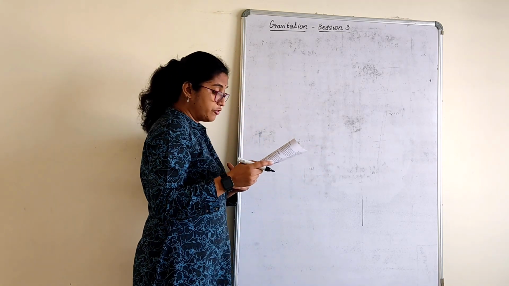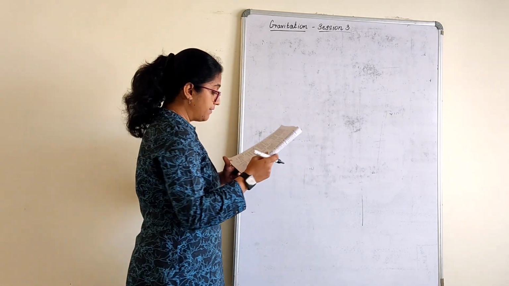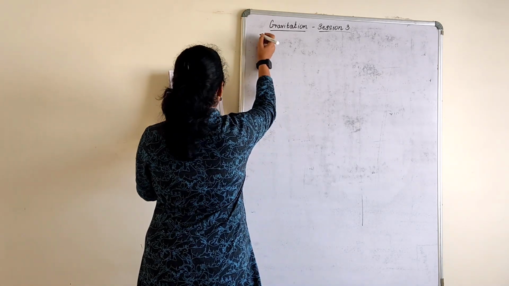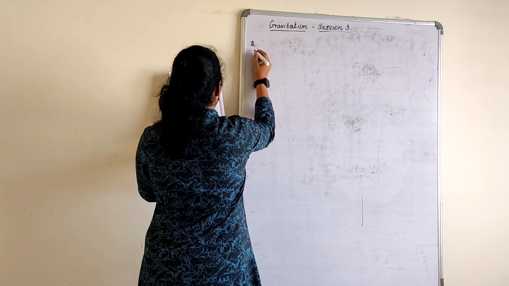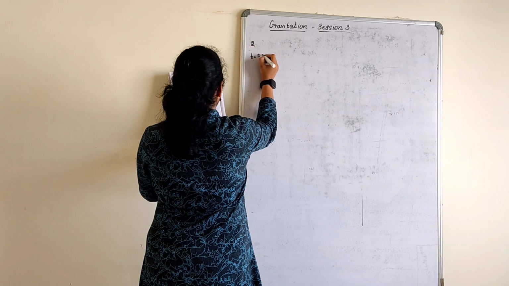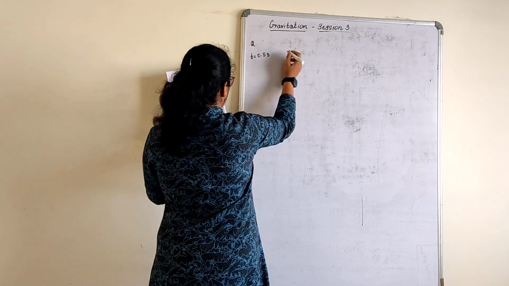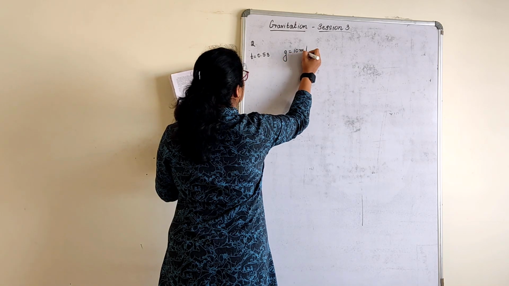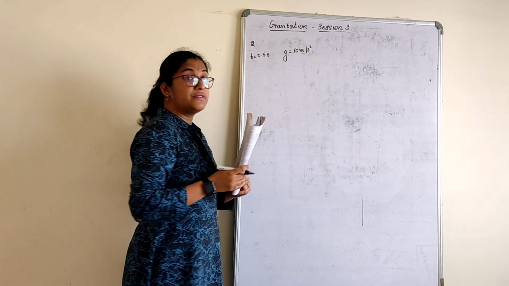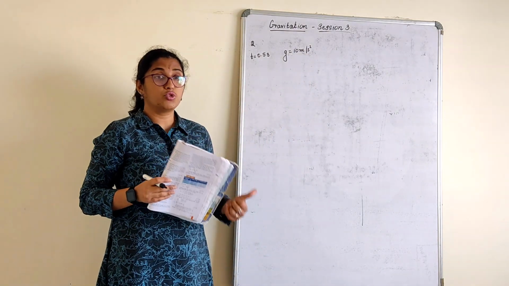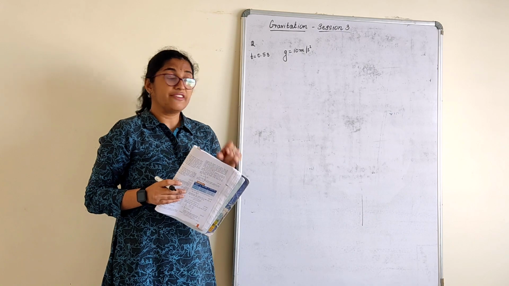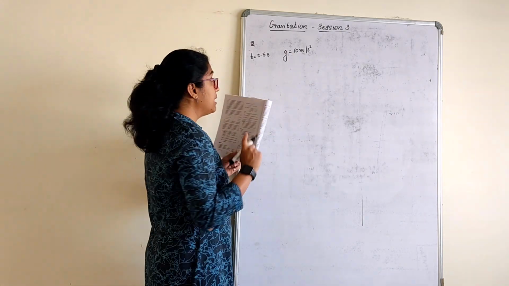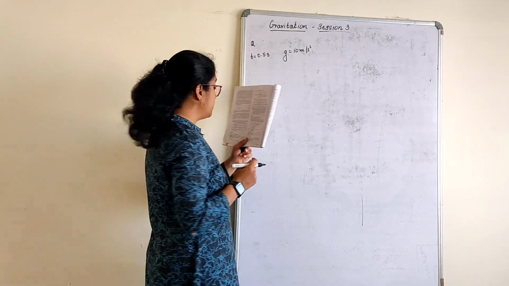Depending upon the equations of motion with respect to acceleration due to gravity. A car falls off a ledge and drops on the ground in, so I'll take this as the second one, 0.5 seconds. Here they have given g is equal to 10 meters per second square. In case the g value is not given, we are supposed to use 9.8. If they give it, we consider that as 10. Otherwise, g is 9.8. Plus or minus we'll understand with respect to the question.